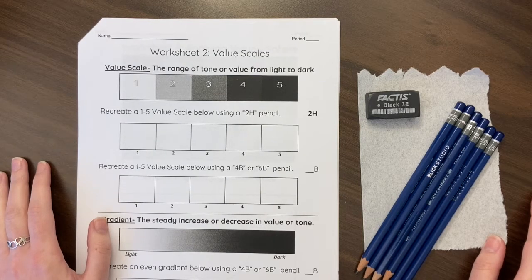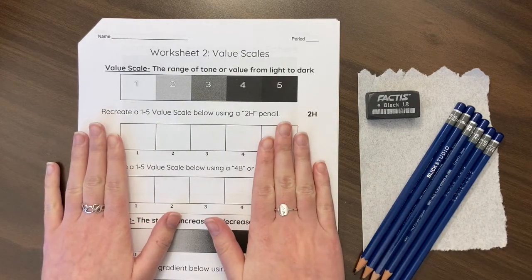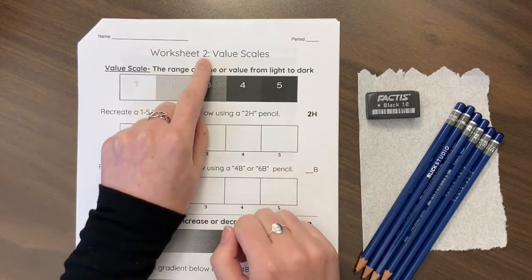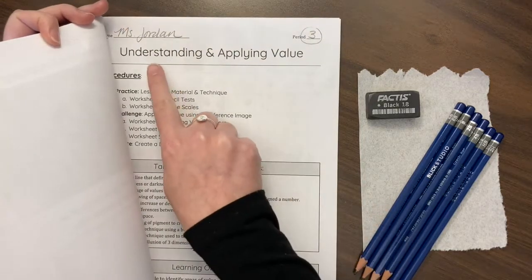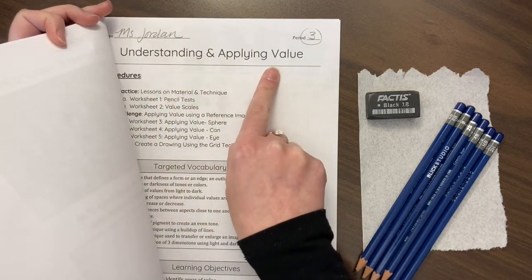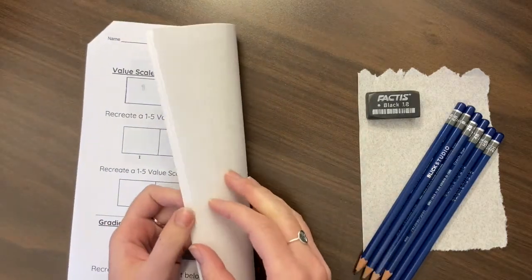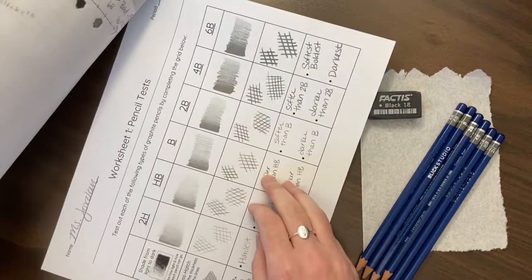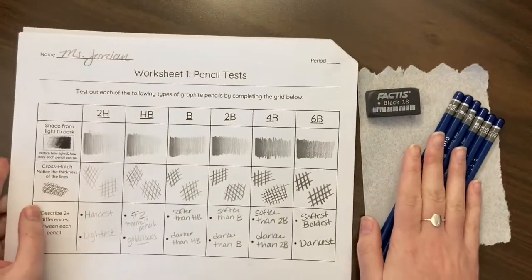We're going to continue our conversation about value and drawing pencils with our next worksheet in our packet, worksheet number 2, value scales. This is located inside of the Understanding and Applying Value packet that has been included in your kit. Our last lesson, we did worksheet number 1, pencil tests, where we took an opportunity to really discover and